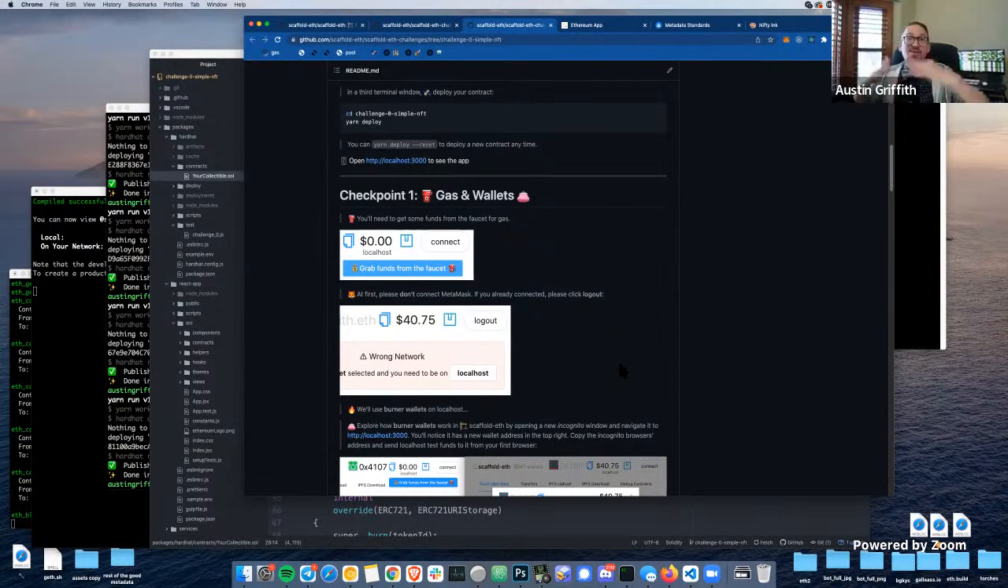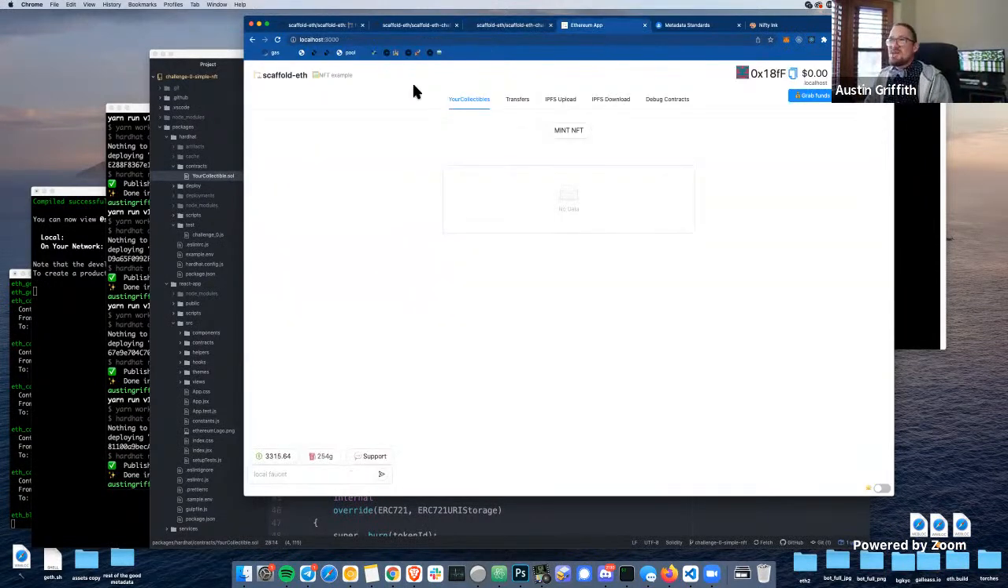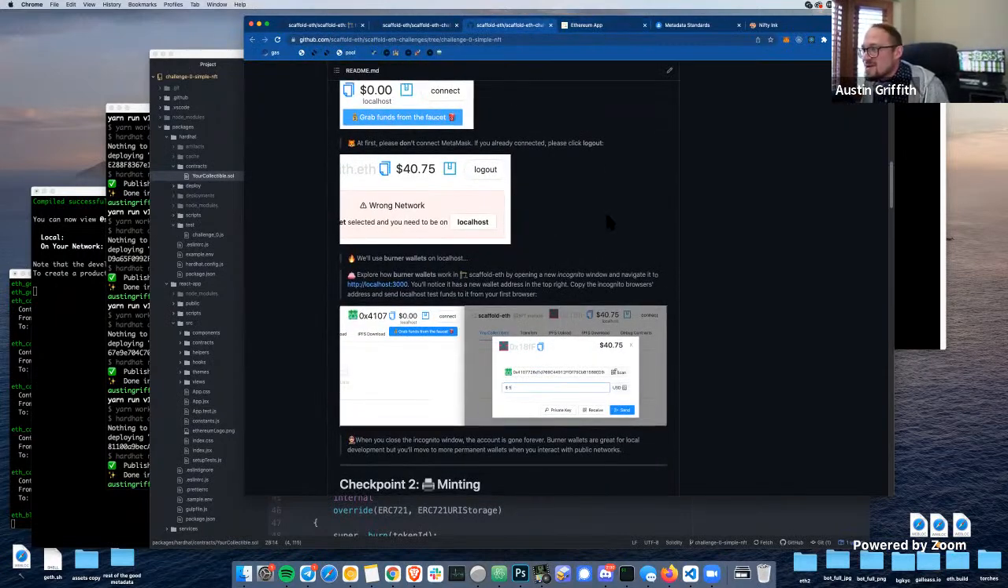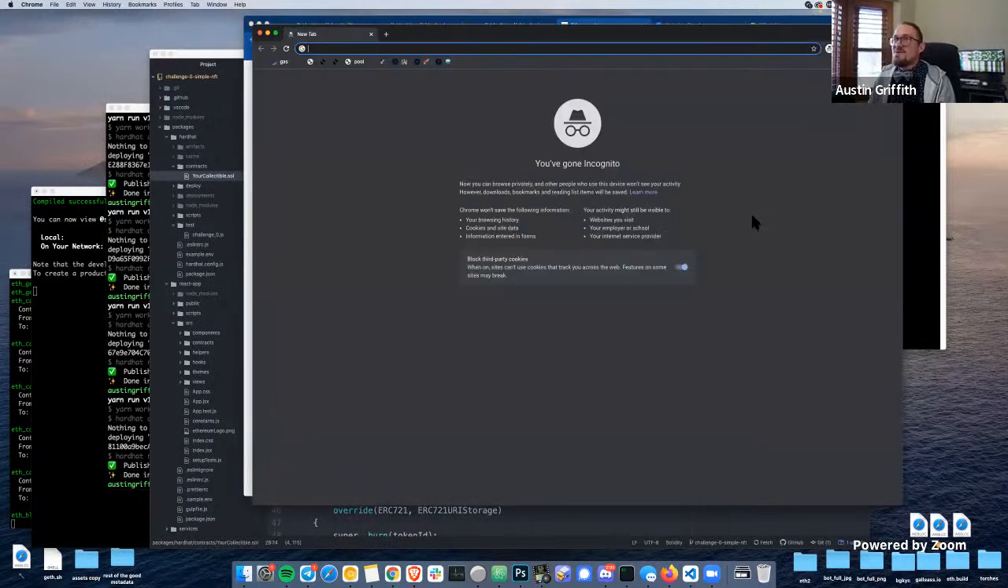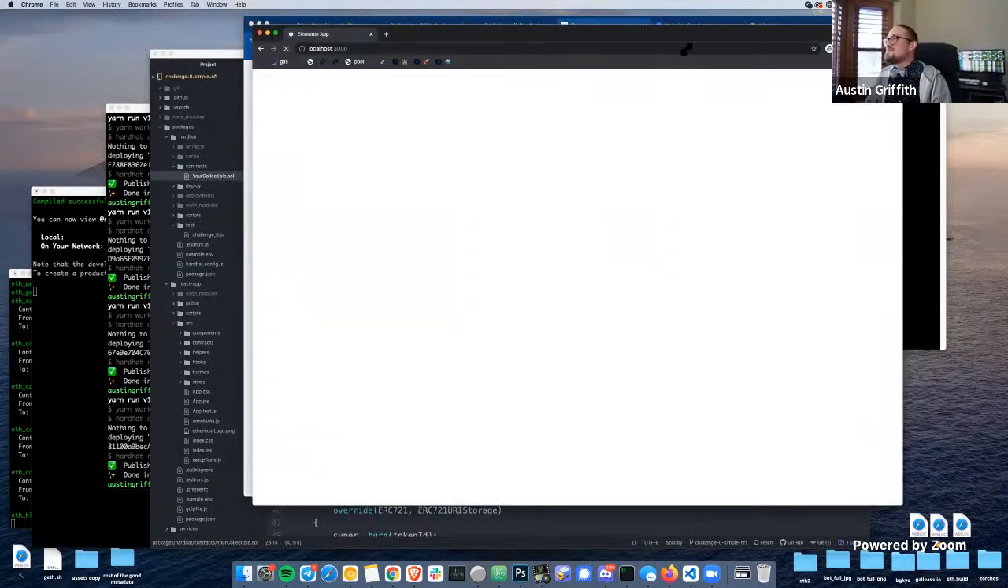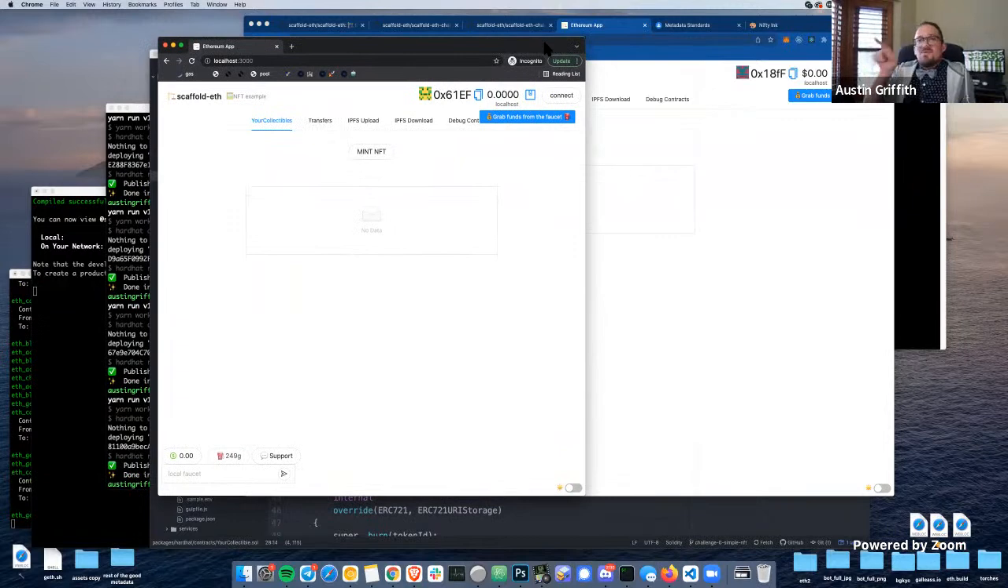So the first thing we're going to do is learn about gas and wallets within Scaffold ETH. And what it has you do, I think, is open up an incognito window. That's the way to go. Totally. Okay. So if I open up a new one and I go to localhost 3000, now what we'll see here is there's a different address. If you look up in the top left here,